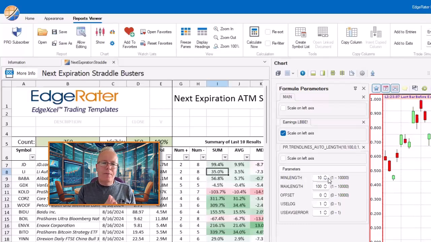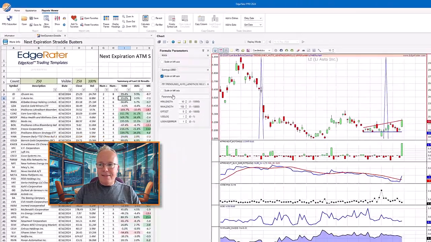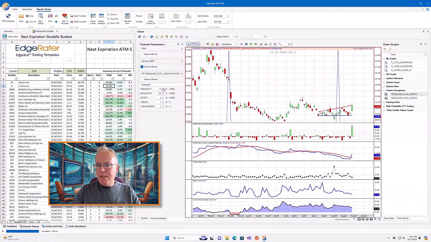So you define basically a window of lengths, and then the program will go and figure out the best fit line over that window of lengths. And the upper line could be shorter or longer than the lower line, and vice versa. So let's go and increase the minimum length here. Right now the minimum length is 10. As you'll see as we increase this,